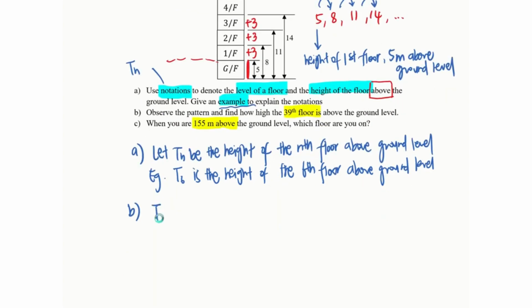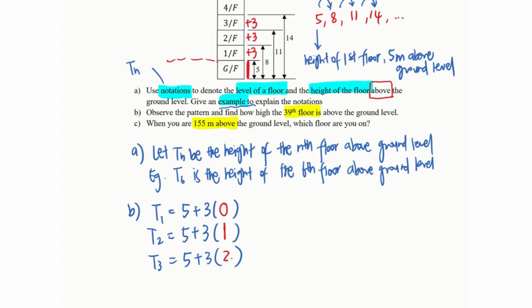To observe the pattern, we have to write out the individual terms one by one. For term number 1, first floor, it is 5 meters, and there's no addition of common difference of 3, so it will be 3 multiplied by 0. For the second floor, term 2, it will be a starting number of 5 meters plus common difference of 3 meters multiplied by 1 time. For term number 3, again, we start off with the starting height of 5 meters plus a common difference of 3 multiplied by 2 times, because it's 2 stories